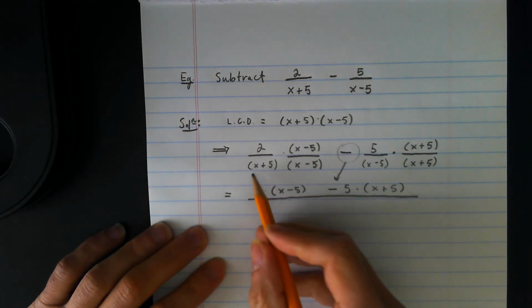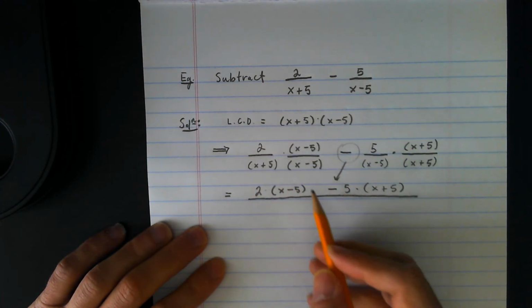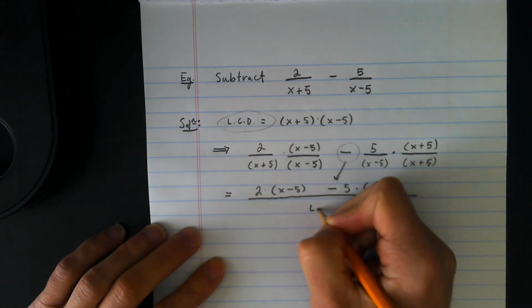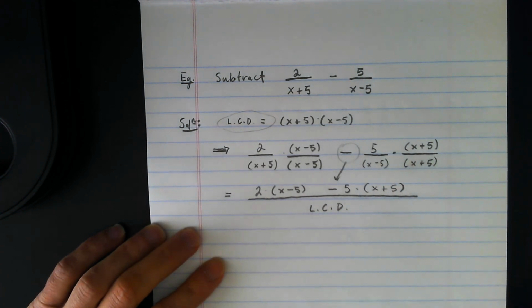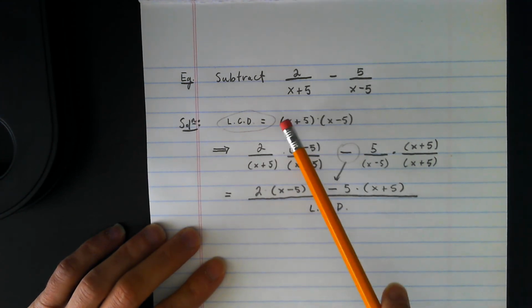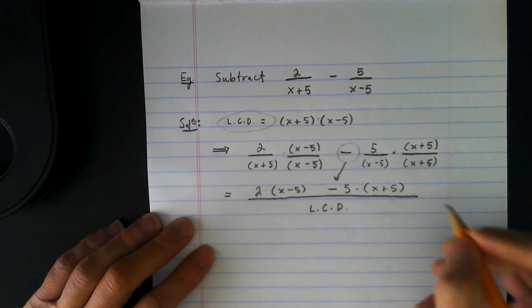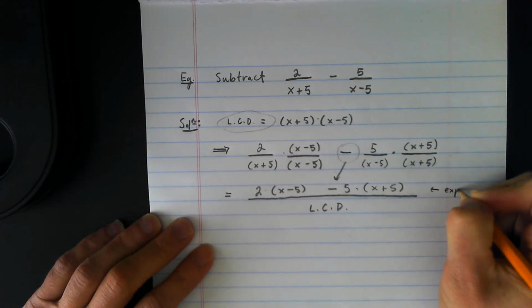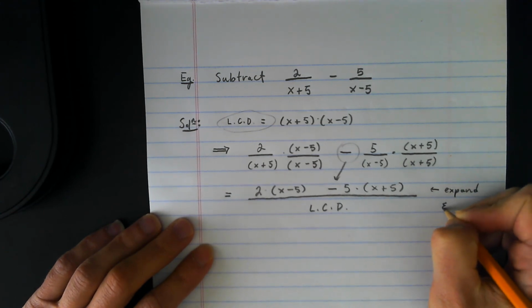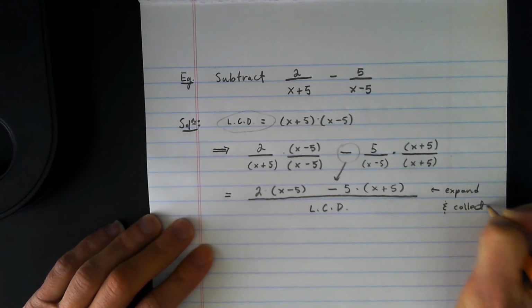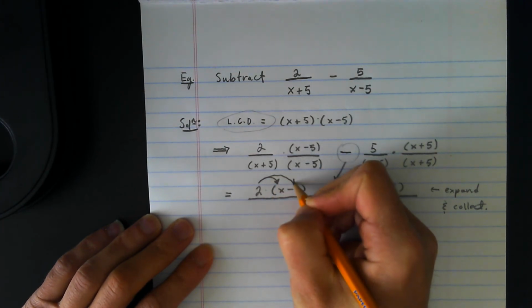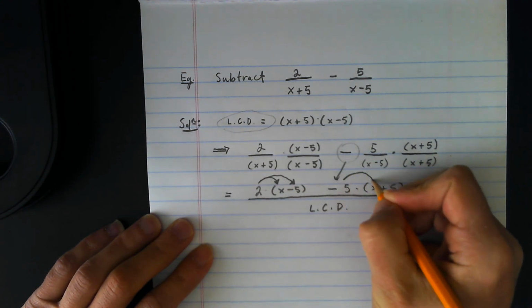Okay, now, rather than writing x plus 5 times x minus 5 over and over, I've already stated what the least common denominator is, so I'm just going to write LCD here to save myself some writing, and then we'll replace that with the actual factors at the very end. Okay, now we need to expand and collect like terms. So I need to distribute the 2, distribute the minus 5,